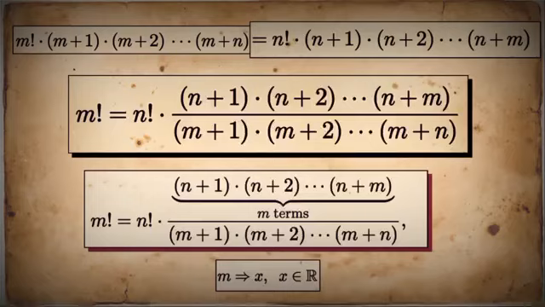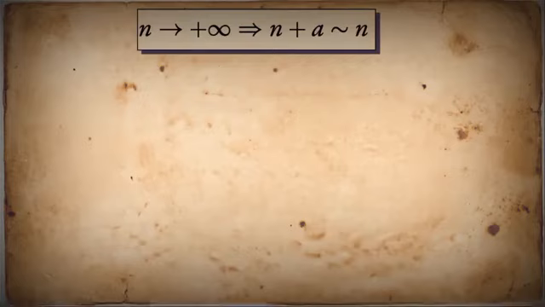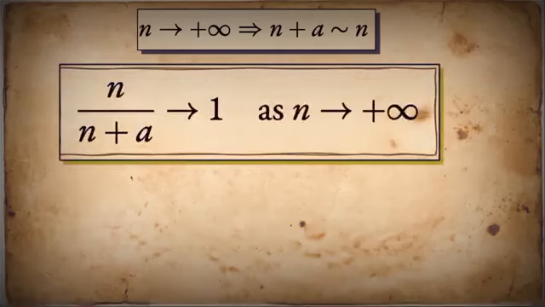The solution is to let n grow to infinity. As n becomes very large, something beautiful happens to each factor in the numerator. As n grows without bound, any factor of the form n plus a, where a is some fixed constant, becomes asymptotically equivalent to n itself. The ratio of n plus a to n approaches 1 because the constant a becomes negligible compared to the infinitely